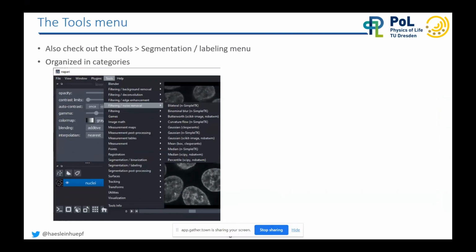What is also kind of necessary in this context to mention is the tools menu. You have already seen it in the exercise before. Also here again, you find, for example, the different Gaussian blur implementations from these different libraries all in the menu. So that makes this menu a little bit full, unfortunately, but it is what it is. And I hope that the different categories like filtering background removal, filtering noise removal, filtering edge enhancement are better categories